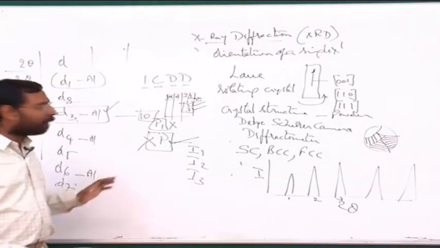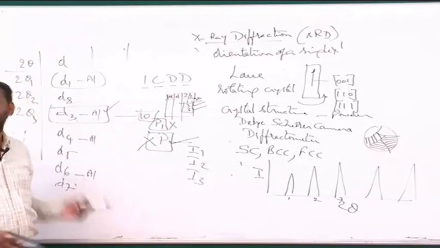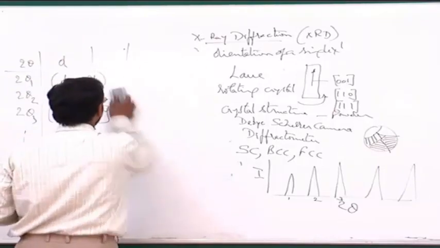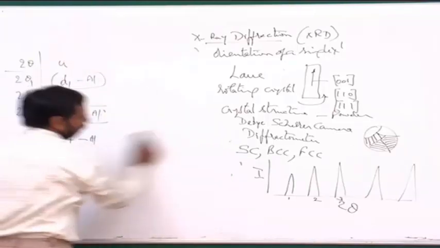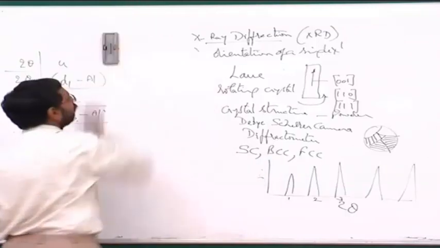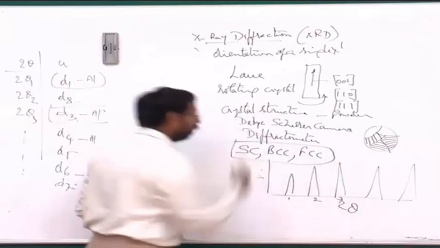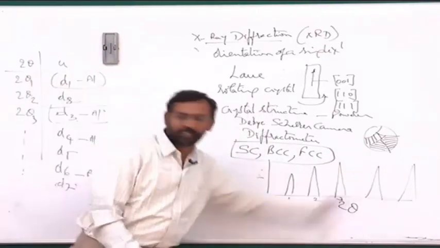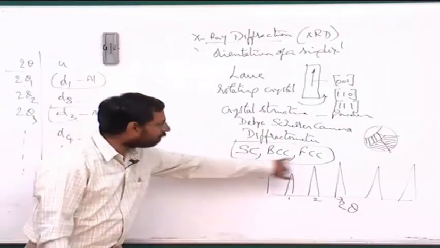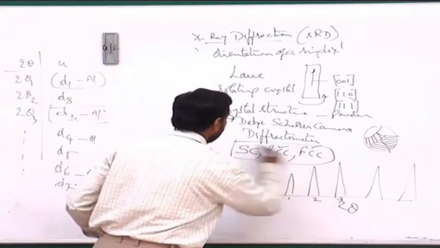But nowadays, life has become much easier because software is available where you don't need to do the search, it will do the search for you and you can find it out. This is an easy way. But at the end of all this, I only know what the structure is. Of course, if you are matching using standard handbooks, then it will give you the lattice parameters also. But otherwise, if I am simply finding out from the ratios of sine square theta whether it is BCC or FCC or simple cubic, I have only found out whether it is this or this or this.